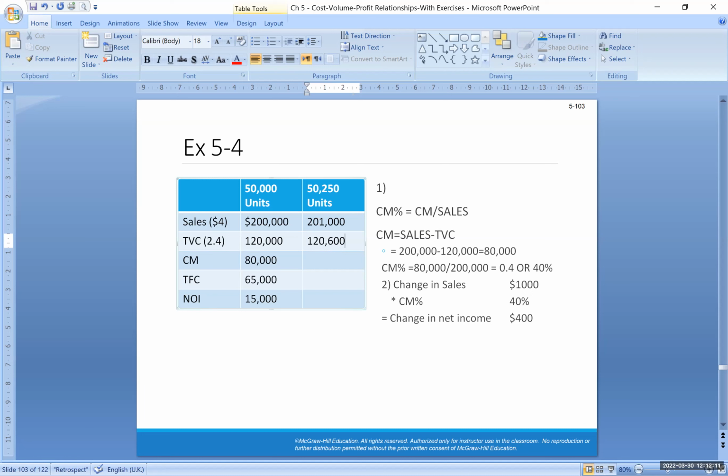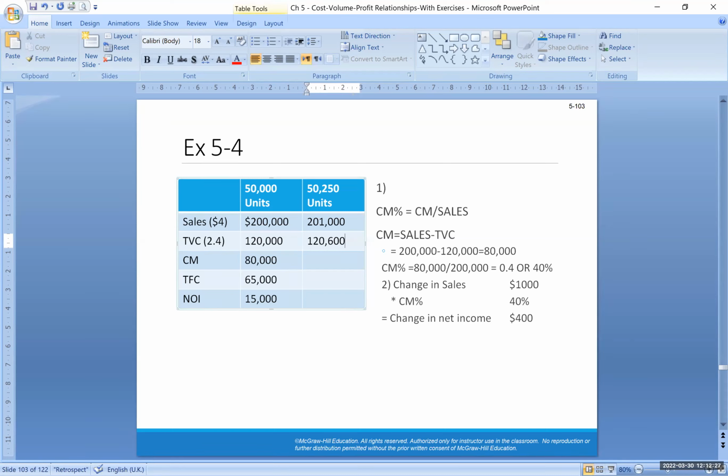That's why I need to calculate the variable cost per one and multiply it by the new level of sales. So how to calculate the 2.4? It is simply 120,000 divided by 50,000 units. And then we have the 2.4 variable cost per one times the new level, which is 50,250. This equals 120,600. The contribution margin will be the difference between the sales and the total variable cost, to be